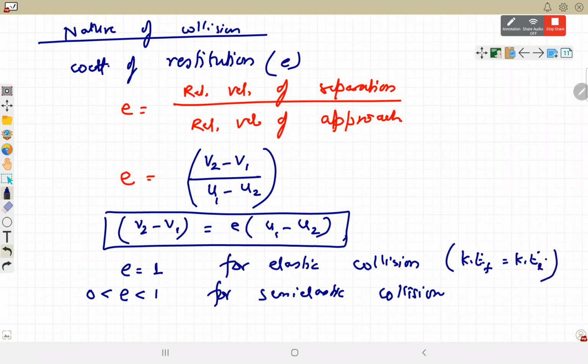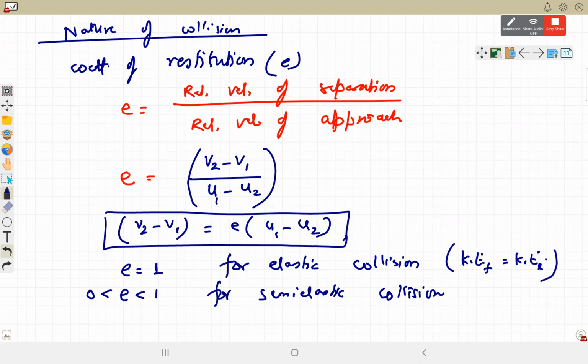But again, this should not be understood as conservation of kinetic energy. Mechanical energy will anyways be conserved, but kinetic energy is not conserved during the time of collision of these two balls. Some part of kinetic energy is converted into potential energy also. So if you say that kinetic energy is conserved, that is incorrect. Kinetic energy is not conserved. Kinetic energy before collision and after collision is the same because the energy is again converted back into kinetic energy.